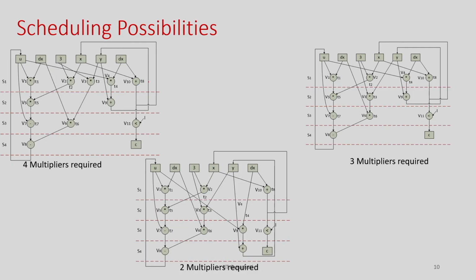But what are the complexities here? Let us try to understand this. Suppose I just give you a graph, some sequence graph or data dependency graph, and ask you to schedule it in 4 cycles. Here is the example. If you take that DIFFEQ example, you can actually schedule this behavior in 4 cycles, that we know. Now I will show you some possibilities.